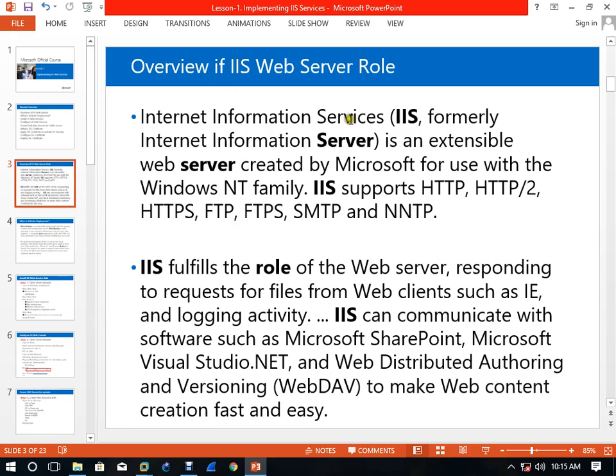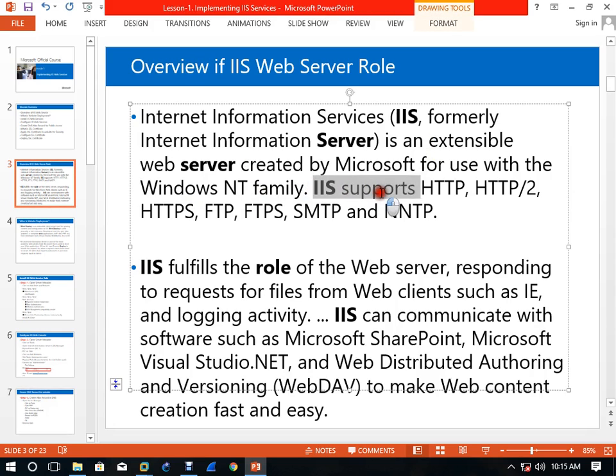For deploying a web server, you need some features, right? So Internet Information Services, IIS, right? Formerly it was known as Internet Information Server in the old servers, okay? And in NT it was just running as IIS support, not like the IIS web server like this.